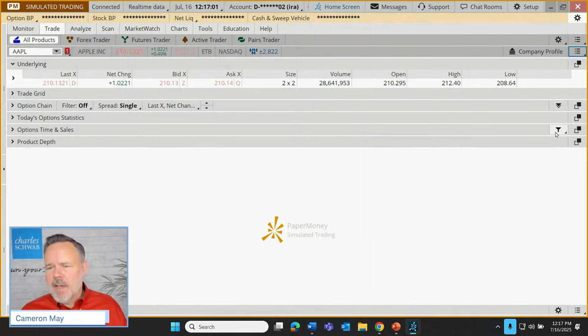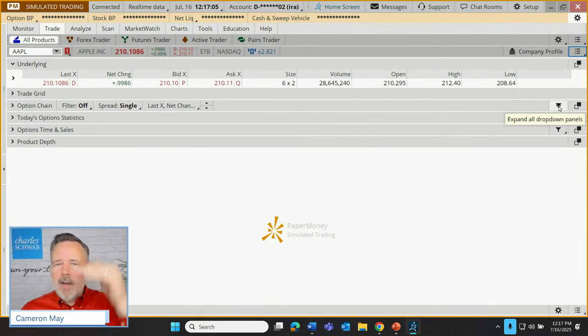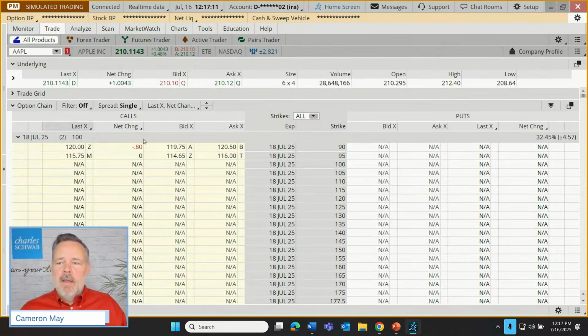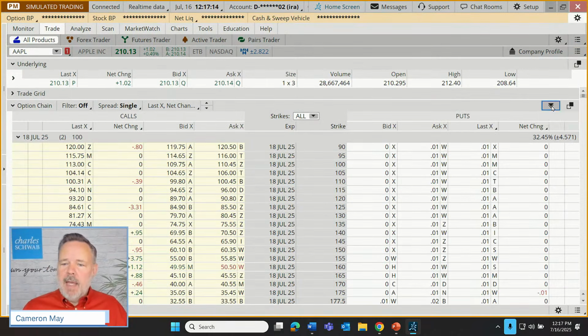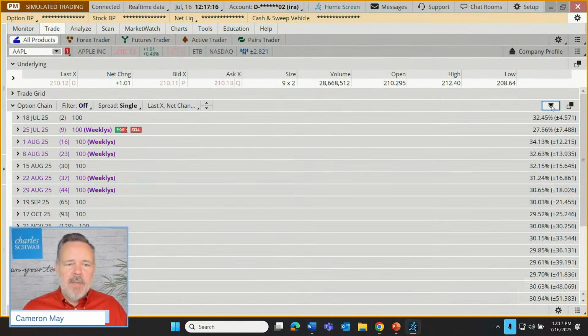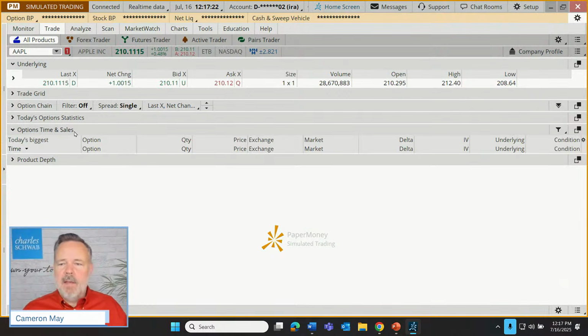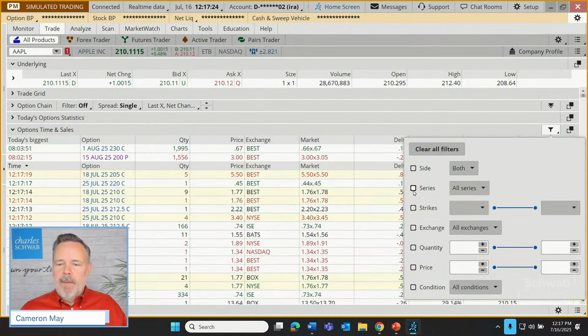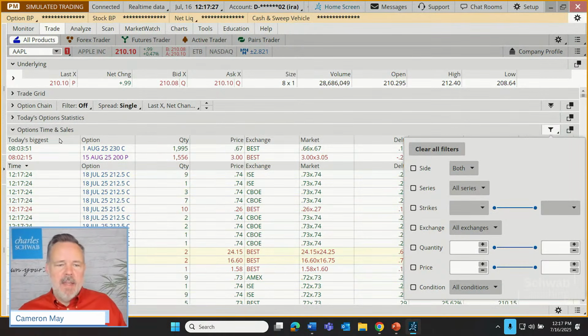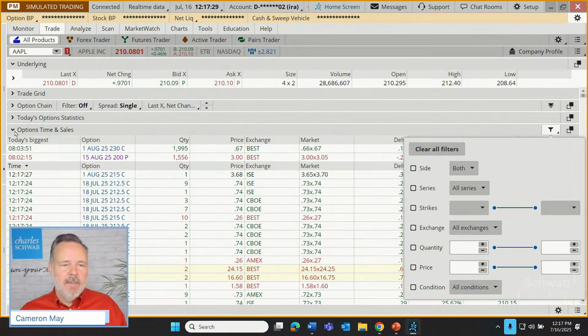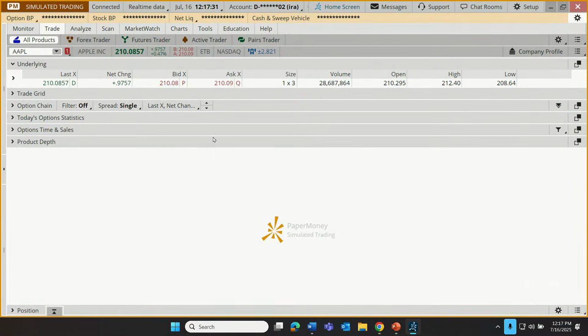There are a couple of others, I suppose, that we could cover just quickly. For example, when we see a little triangle, that's an expand and hide feature. So if I wanted to open up my option chain, we can click on that to expand and then collapse it. That's what that's doing. And while we're at it, there's also a little customize right here for our option time and sales, where we can modify the individual elements here, right? Maybe I'll come back to that a little bit later.